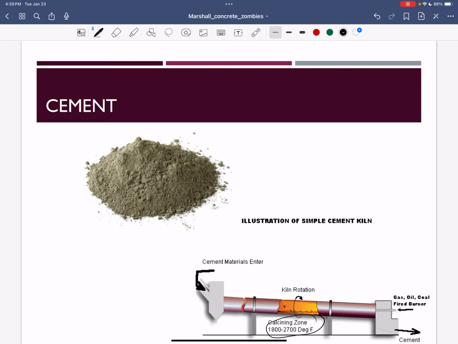So it'll be in a kiln and it's rotating and it comes out in what's called clinker, or little chunks, and they grind it into cement. But this is the material that when you put water, it reacts chemically and then it hardens. So when I take a bag of cement and I add water, then I will get kind of the basic chemical reaction that gives me concrete.